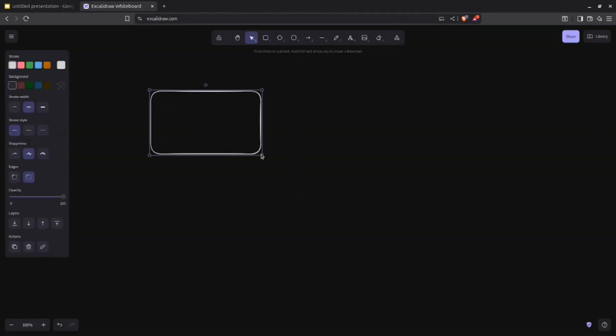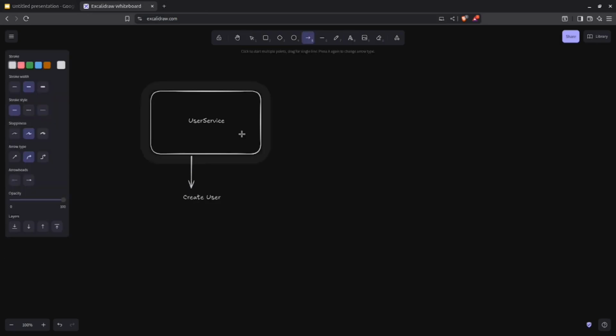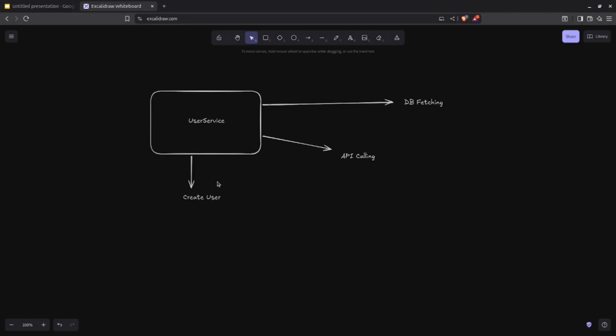So let's say I have a class called user service, and I have several functionalities. Like, the first functionality can be for creating a user, create user, another functionality can be API calling, another functionality can be database fetching. Now, if I have so many functionalities and if I tie all these functionalities to a single class, then this